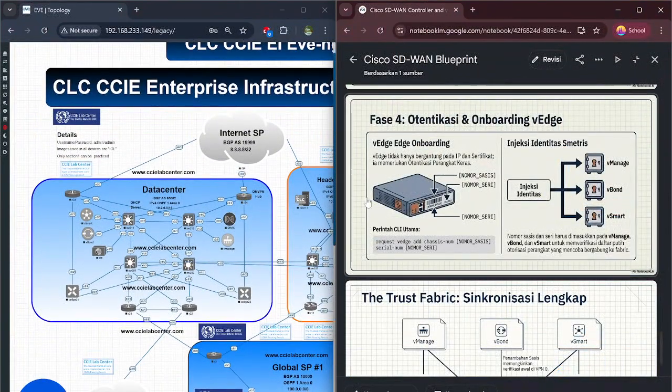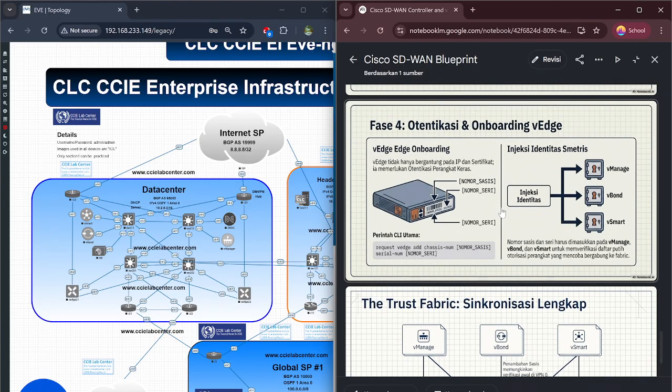Okay, and now the path for vEdge authentication and onboarding. vEdge does not just rely on an IP address and a certificate. It requires hardware authentication and key details.